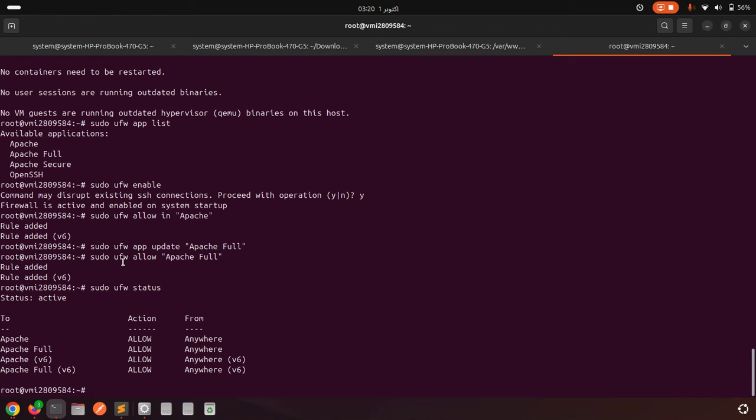The next step is to install MySQL server. The command is sudo apt install mysql-server.